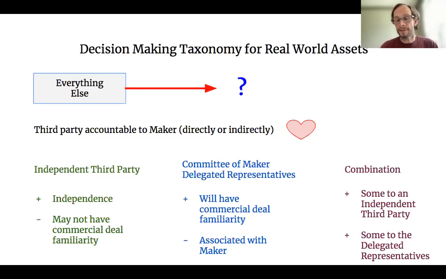The downside of it is they're associated with maker, and there's lots of use of the term private entanglements, and I think that's probably what this is getting at. An entanglement whereby a committee actually is associated with maker. I mean, the committee representative shouldn't have any stake in the deal. That would be ridiculous. So, a financial entanglement doesn't make any sense. But maybe it's just that association with maker.